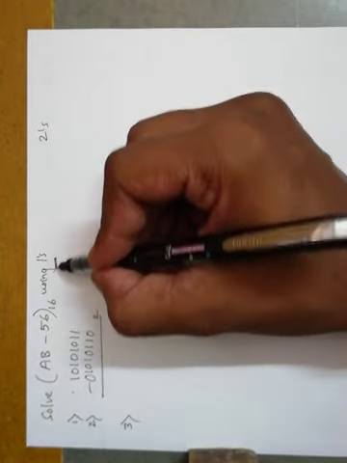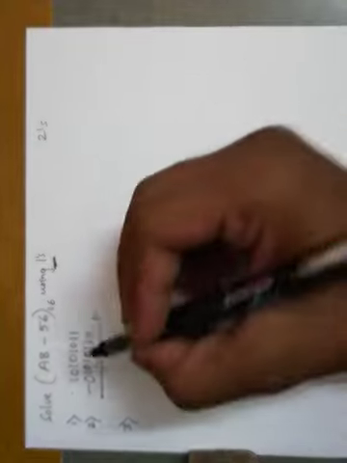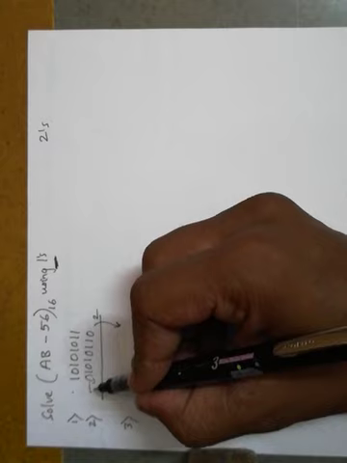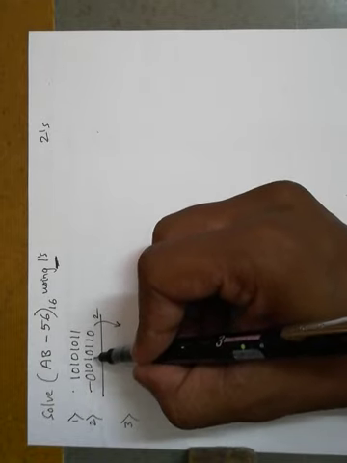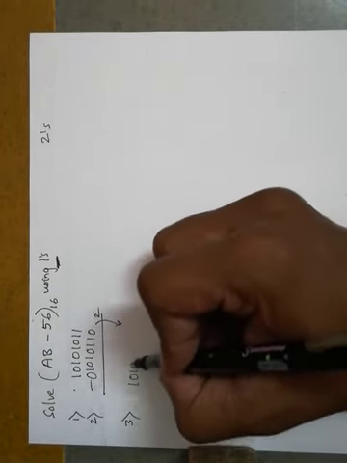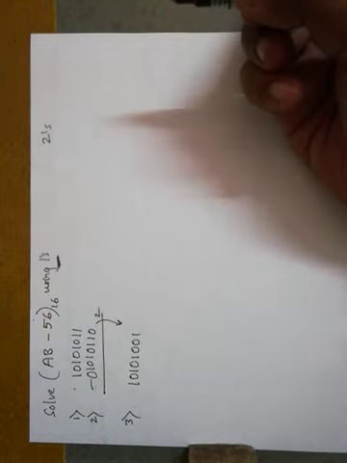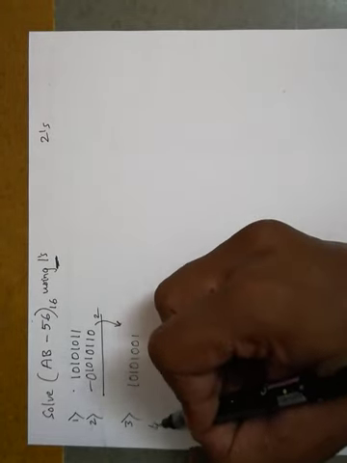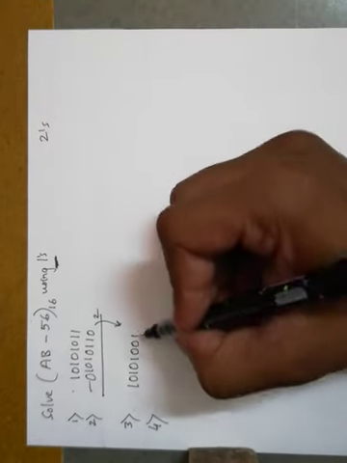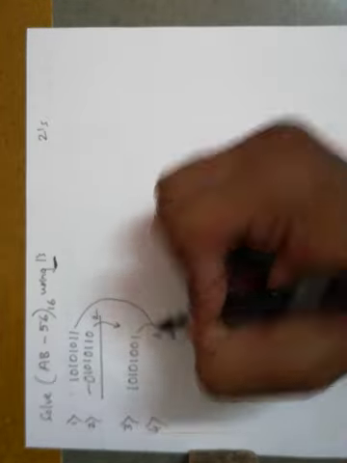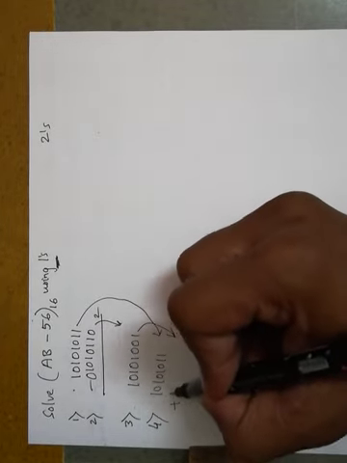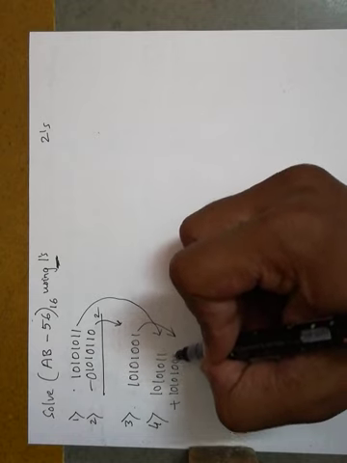In 1's complement, remember that we are trying to solve by using 1's complement. Take 1's complement of the second number. How to do it? Make zeros into ones, ones into zeros. So we'll have 1 0 1 0 1 0 0 1, right? So we have our binary numbers here. Similarly, in the fourth step, add this to the first number. So we'll take our first number 1 0 1 0 1 0 1 1 plus this number 1 0 1 0 1 0 0 1.